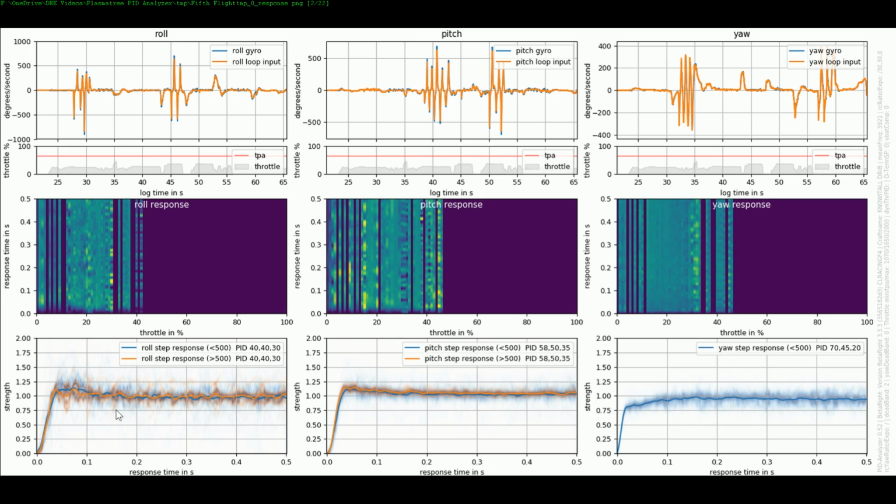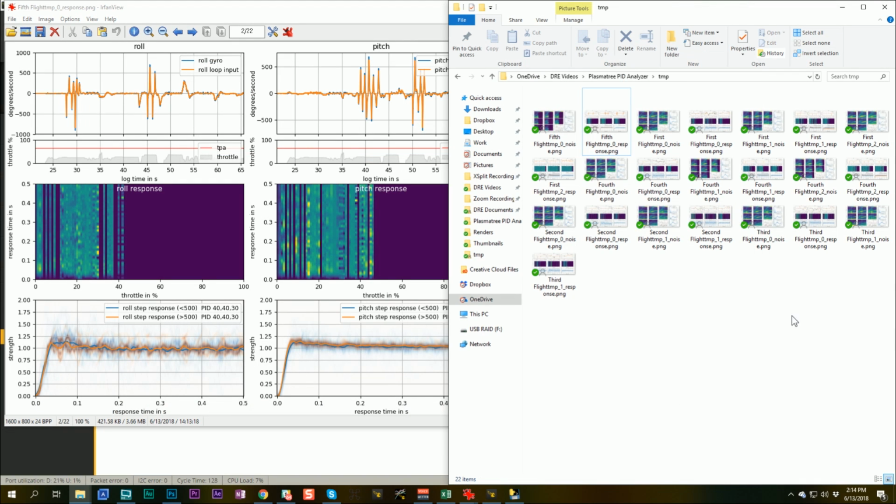Oh, it's so much better than yesterday. I'm very, very pleased. You can see here the width of this sort of blue shadow right here. That is how confident we can be, how much noise there is in the data. And the thinner that is, the better. And so if we look at some of the graphs from yesterday,